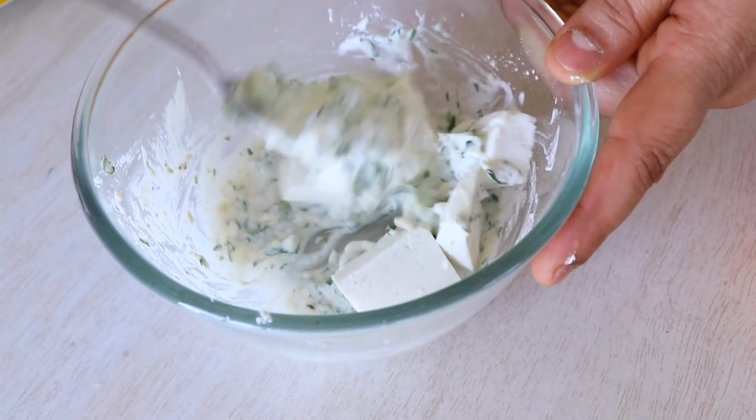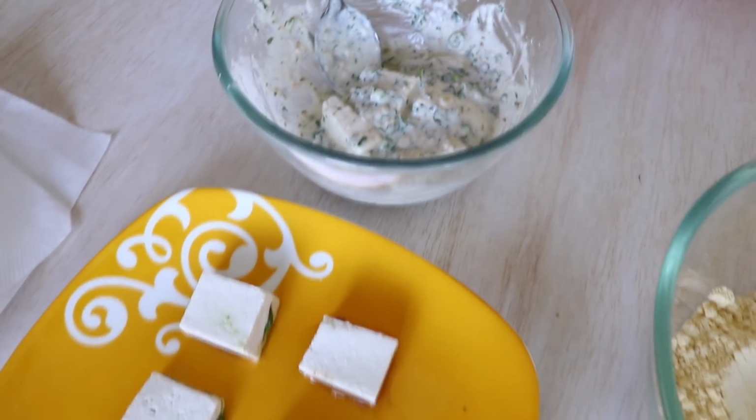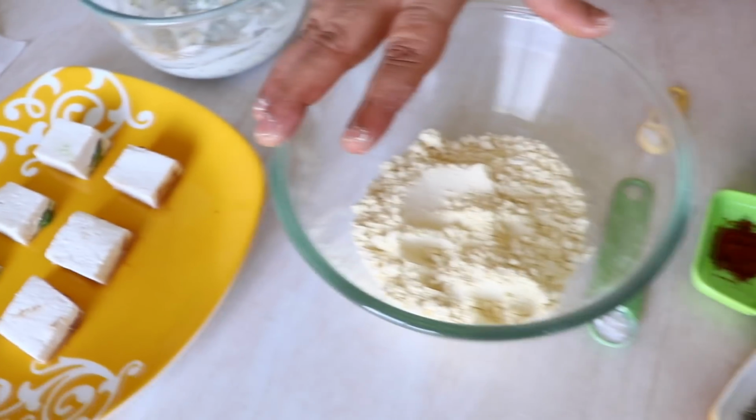Make sure to cover and coat every piece, every inch of that paneer. Now guys, keep this aside for the next 10 to 15 minutes and then we will start working on our batter. It's been 15 minutes since our paneer has been sitting and now it's time for us to work on